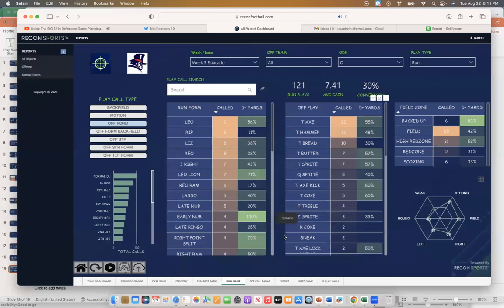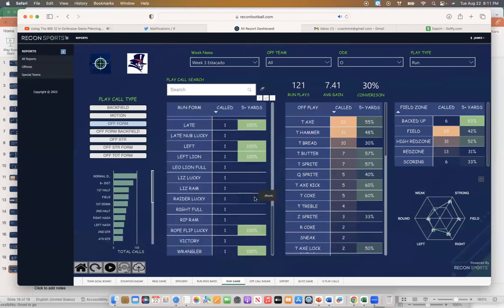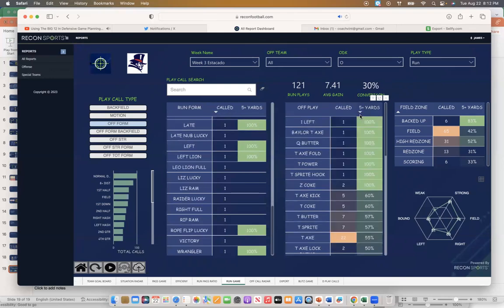Let's figure out what we need to do, because we've been using those formations. And you can see this is the first 3 games of the year, and there's a lot of formations. All right. Now, we can look over here and we can say, all right, let's look at our plays. Right now, I'm going to say, let's look at the plays that the highest